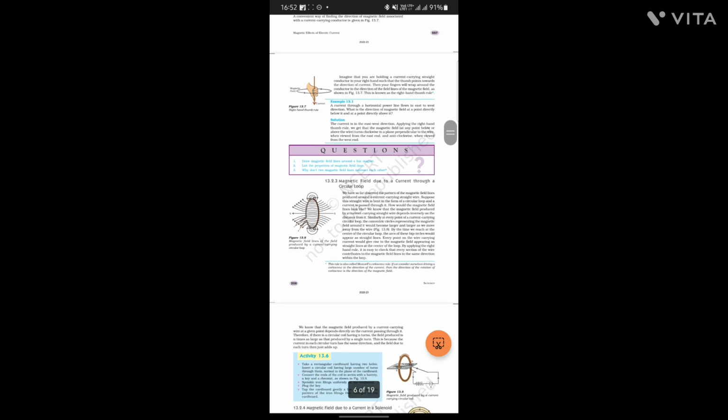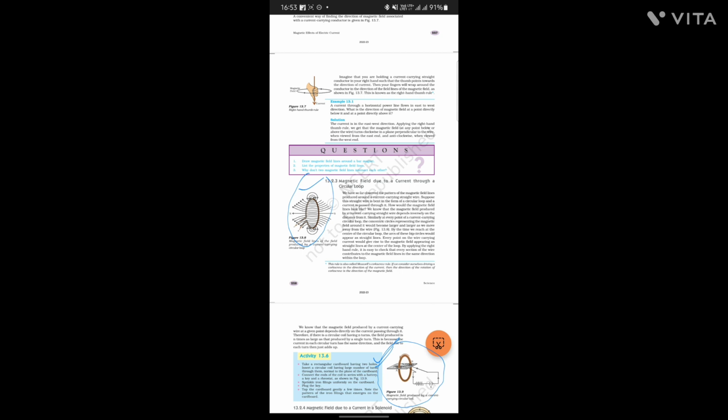Next, magnetic field due to a current through a circular loop. Again, the diagram becomes important. The circuit diagram for magnetic field lines through a circular loop, this diagram becomes important. Next, on which factors this field strength depends also becomes important, like the current and the distance from the point of observation